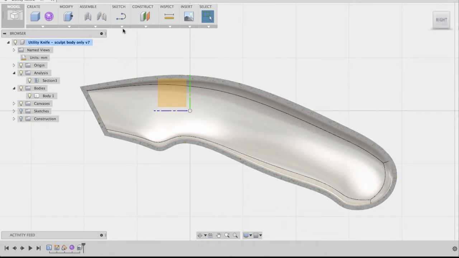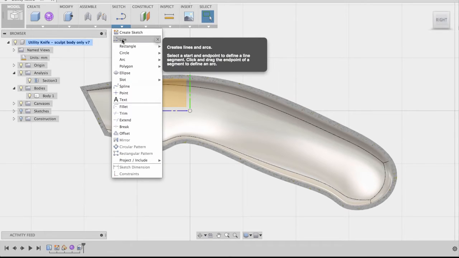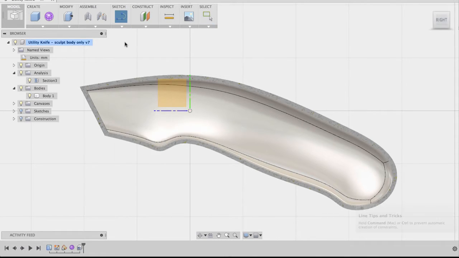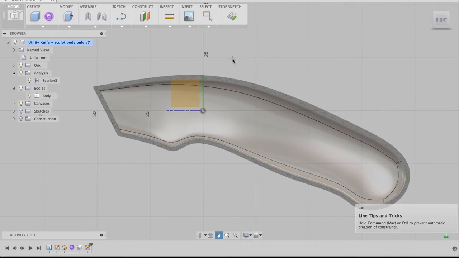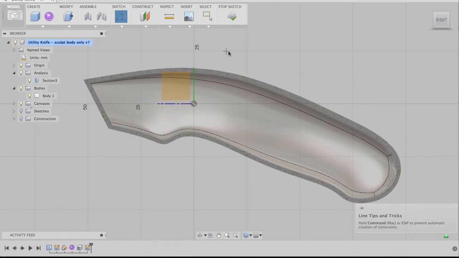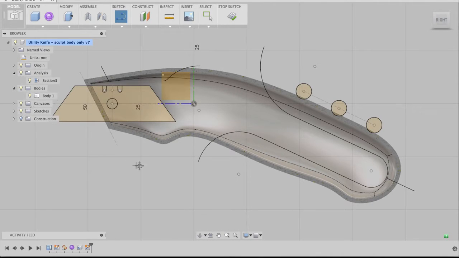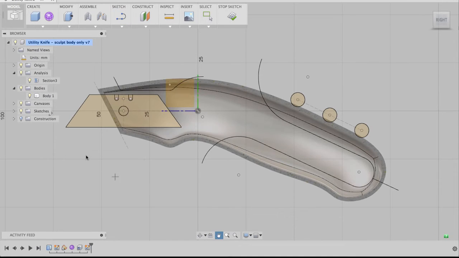Then I'm going to go to sketch, and I'm going to start sketching some lines of where I might want my webs to be. So line, and I'm going to click on this plane, and actually before I go any further, I'm going to turn on the other sketches because this model came with a bunch of sketches already pre-made. So you can see that